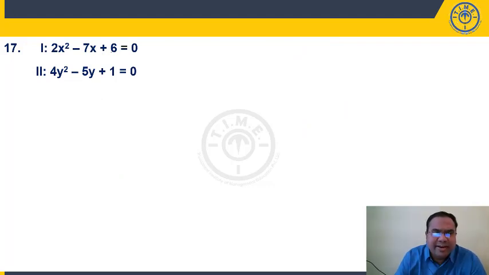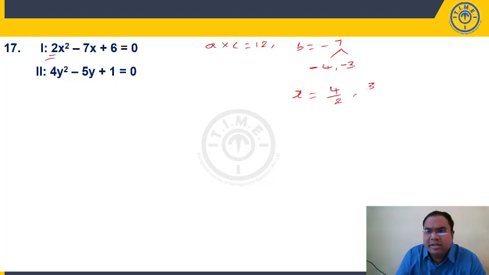2x square minus 7x plus 6 is equal to 0. So obviously a into c is 12, b is minus 7. Right, so write b as sum of two numbers because a into c is positive. We'll write it as 4 and 3. 4 plus 3, I should get minus 7, so I take it as minus 4 minus 3 is minus 7, minus 4 into minus 3 is plus 12. So while writing the roots, you will change the sign. Minus 4 will become plus 4, divide with coefficient of x square, that is 2. Minus 3 will be plus 3 by 2. So it is 2 comma 3 by 2.